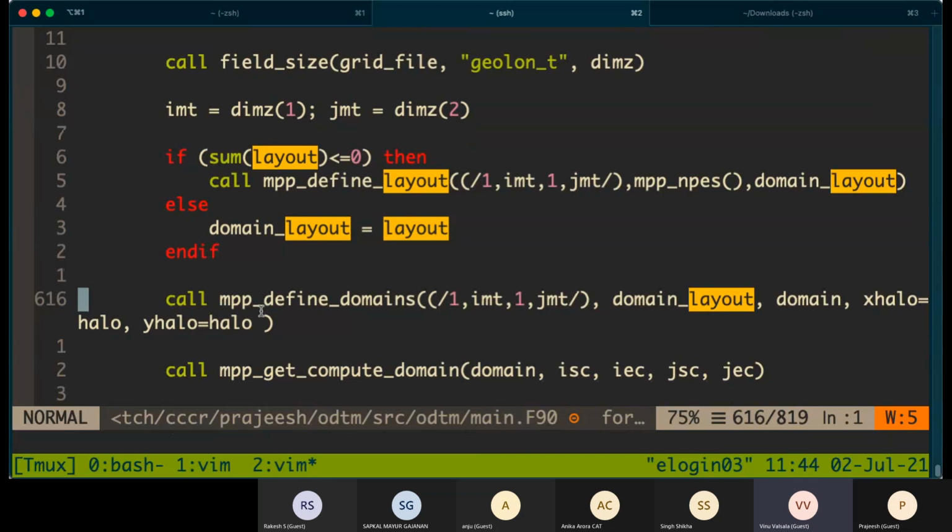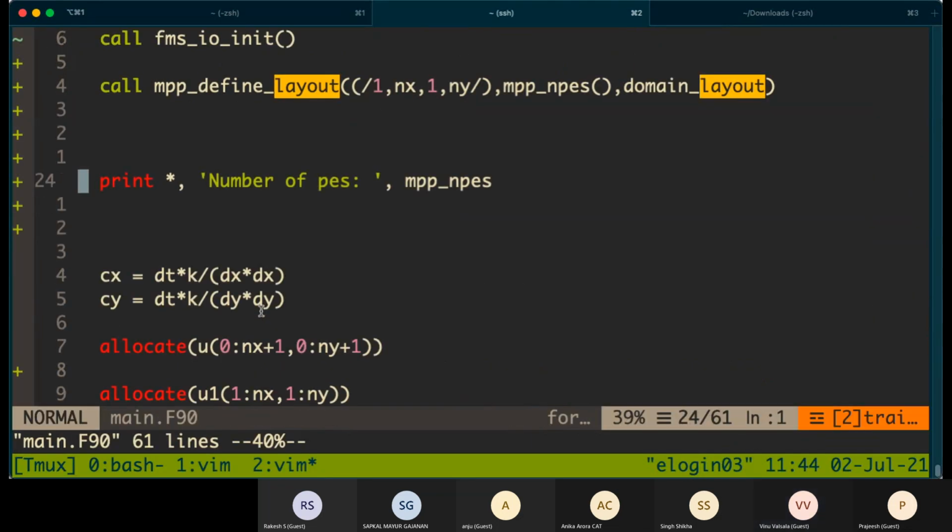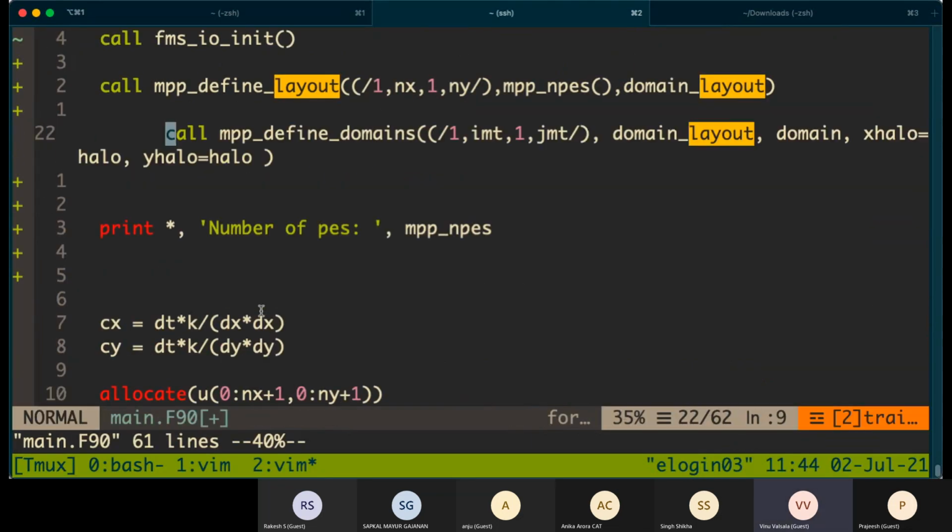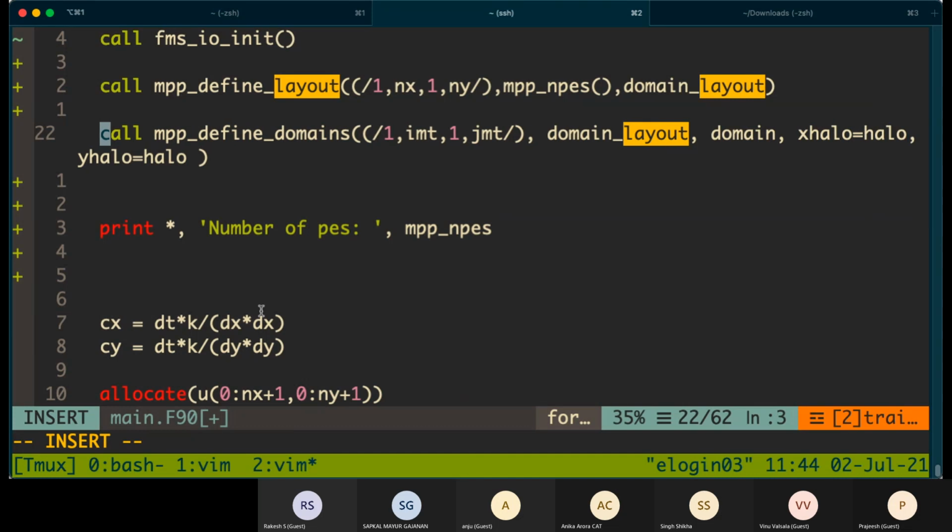So once you have the layout, you can go forward and proceed to define the domain.